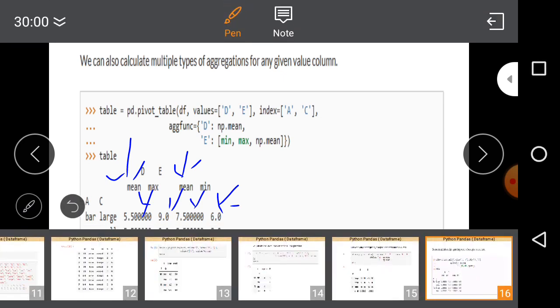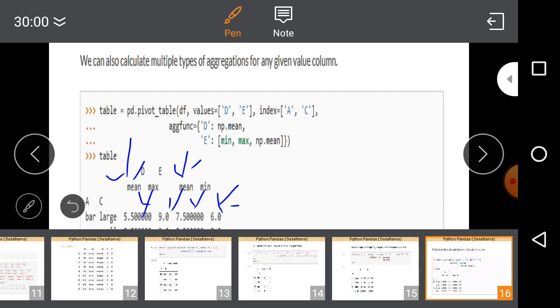Now I think it is very clear to all of you. As far as examination is concerned, for board examination, this is a very important question, and I think it will definitely be asked: what is the difference between the pivot and pivot table function. Whenever it is asked, just write the differences between both of them, and give examples to illustrate the concepts, which are discussed already here.